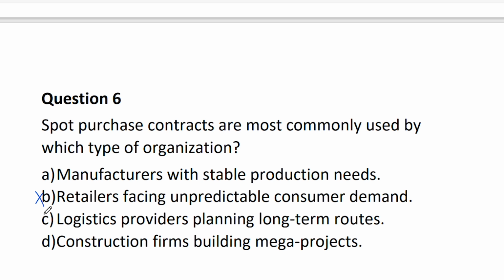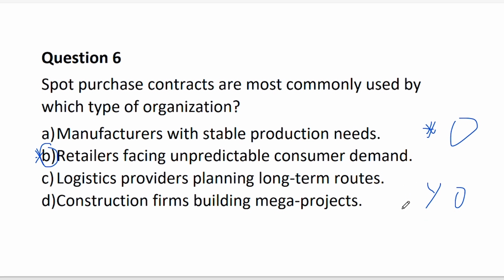It's these guys, retailers facing unpredictable consumer demands, because today you think they want this thing, so you stock that thing, tomorrow they want this one. So you're just going to be buying things based on whatever these customers of yours want. Those are just questions testing whether you understand what a spot purchase is and